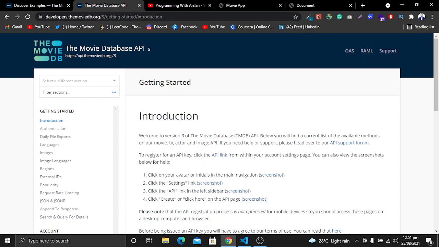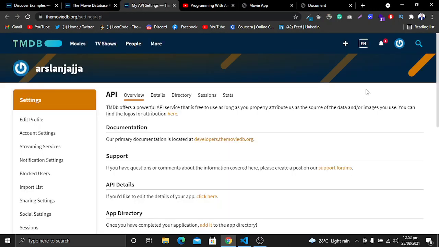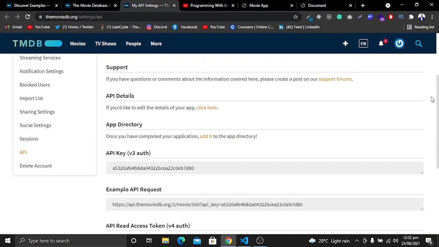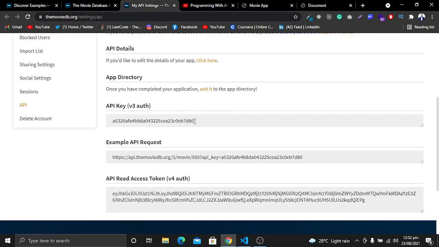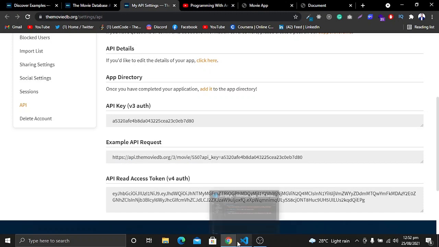Now what I want you to do is focus on this line and click on this API link, and when you click on the API link you will go into this main page. So here this is the API that we will use, and this is the method, or we can say the sequence that we have to use. For example, this is the thing I have copied from this website and I have pasted here.